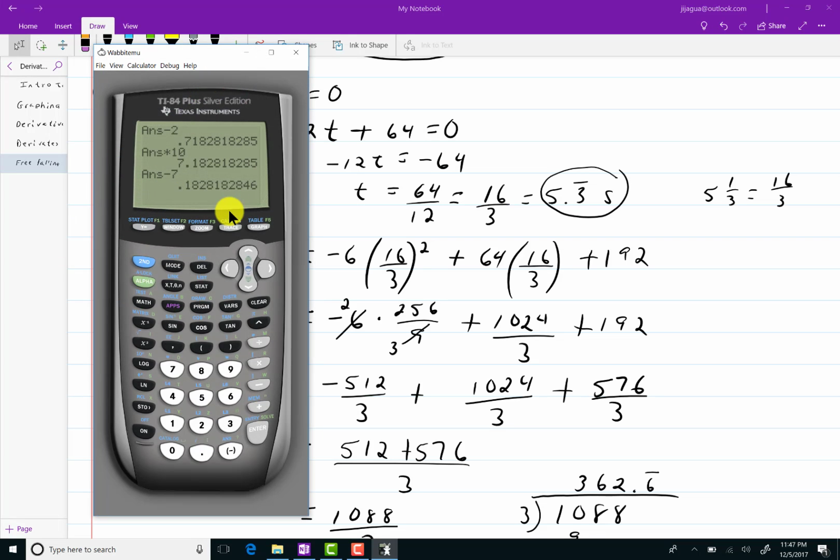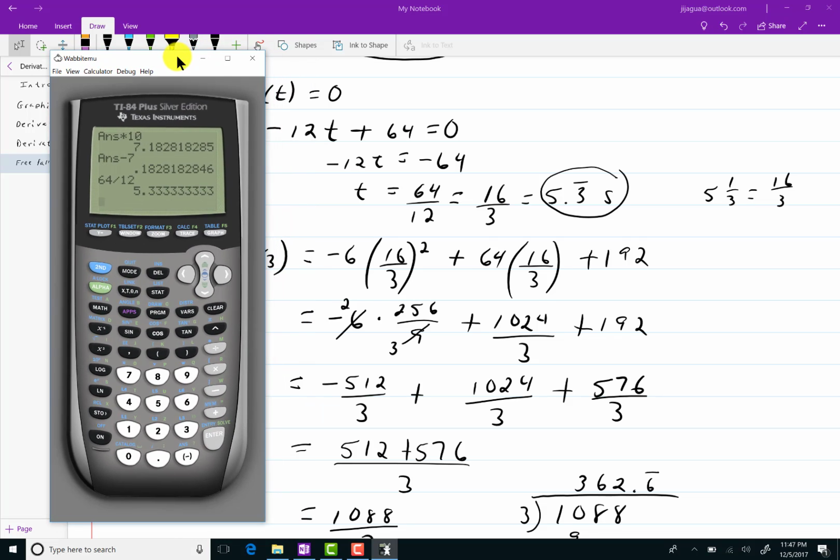Okay, let me first make sure I did the first computation correct. 64 divided by 12. Good, that's good. Then let's see what happens when I plug it in there. I'm going to use this 5 point. Hey, this isn't a bad idea. Try this. Go store and then do